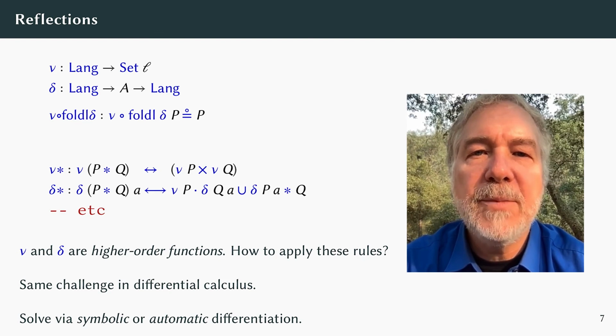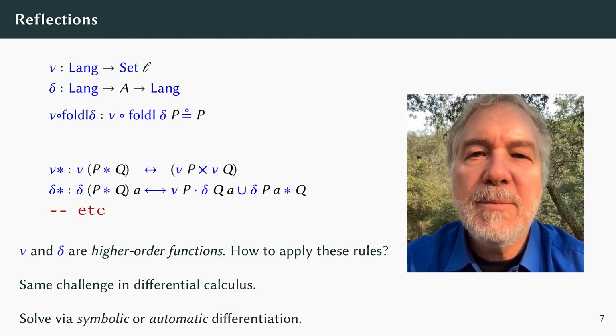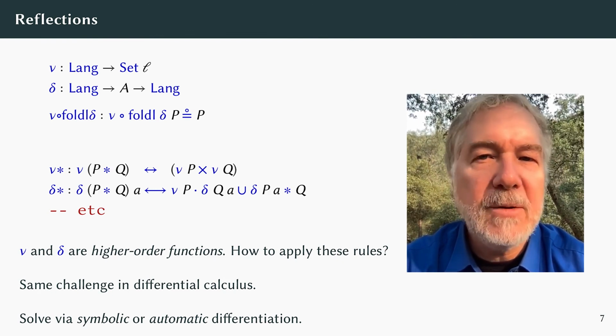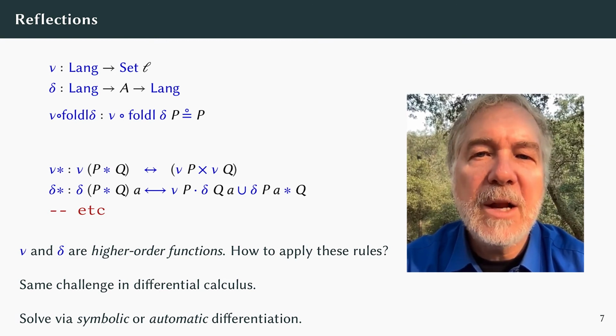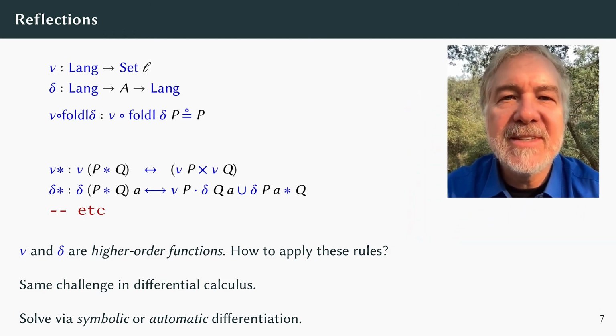When we want to compute correct derivatives, there are two standard solutions, known as symbolic and automatic differentiation. Symbolic differentiation represents functions structurally and applies the differentiation rules by pattern matching. Automatic differentiation represents differentiable functions as functions that compute their derivatives in addition to their regular values. We can apply these same strategies to languages.